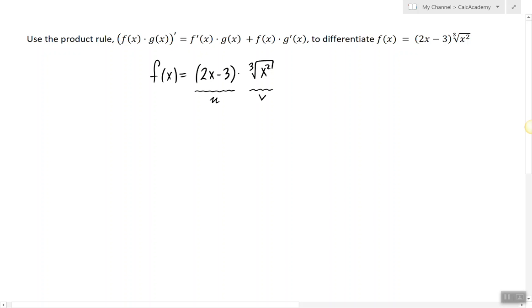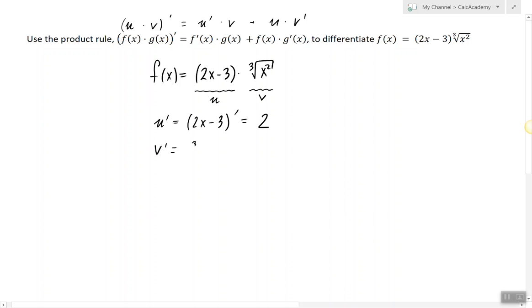At this point, it is important to understand that the product rule can be written using f and g notation, and in exactly the same way, we can rewrite the product rule using u and v notation. So in uv notation, the product rule will be u prime v plus u v prime. That means once I have identified my u and v, now I just have to find the derivative of u and the derivative of v. So the derivative of u is the derivative of this polynomial function, which is simply 2,